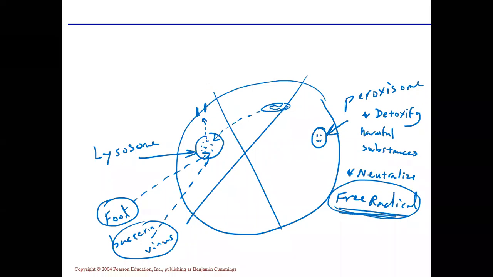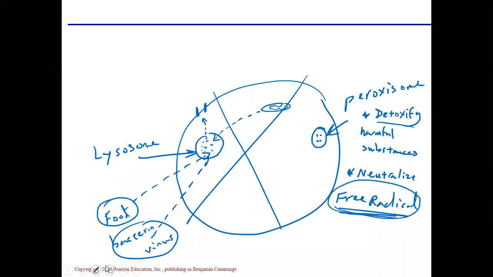When they are really reactive, they could react with other molecules such as DNA, for example, and modify it, and that causes genetic changes, for instance. They can also be useful in detoxifying harmful substances as well, especially in the liver and the kidneys. Peroxisomes are very numerous where they do the detoxification and all, right? Now,